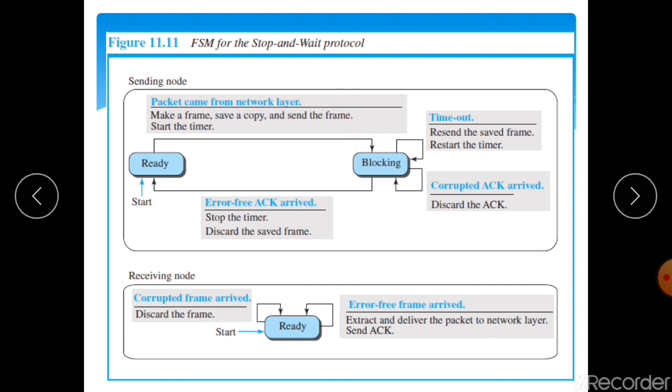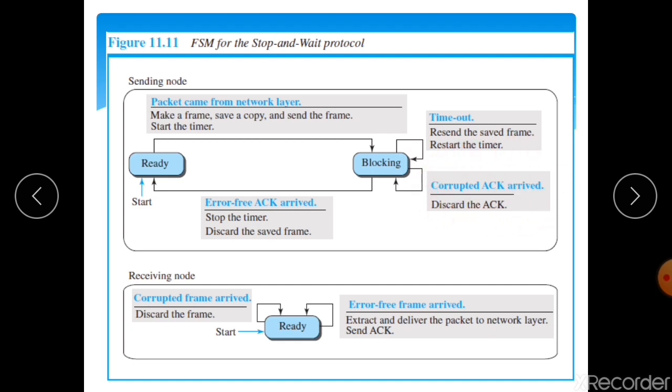In the blocking state, three events can occur. You can see over here, either a timeout, a corrupted acknowledgement, or an error-free acknowledgement can arrive. If a timeout occurs, the sender resends the saved copy of the frame and restarts the timer. If a corrupted acknowledgement arrives, it is simply discarded.